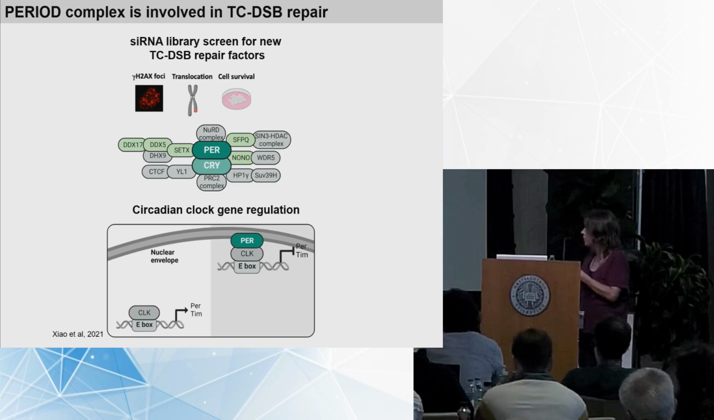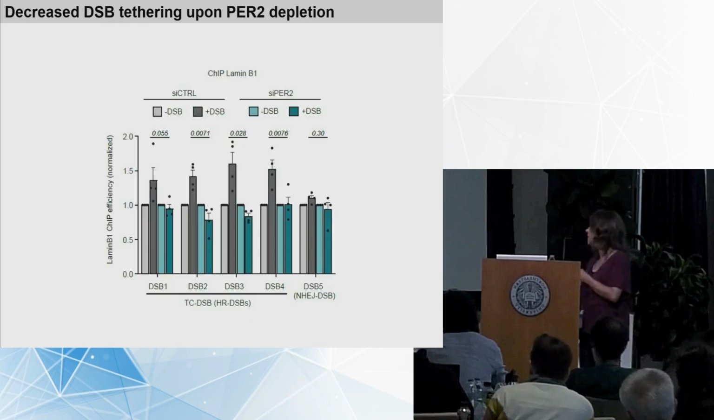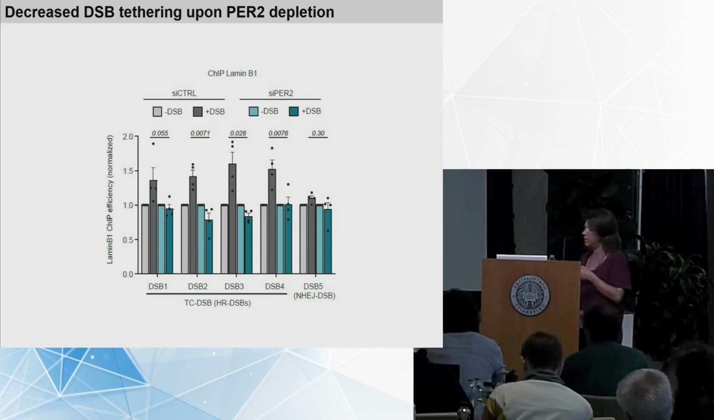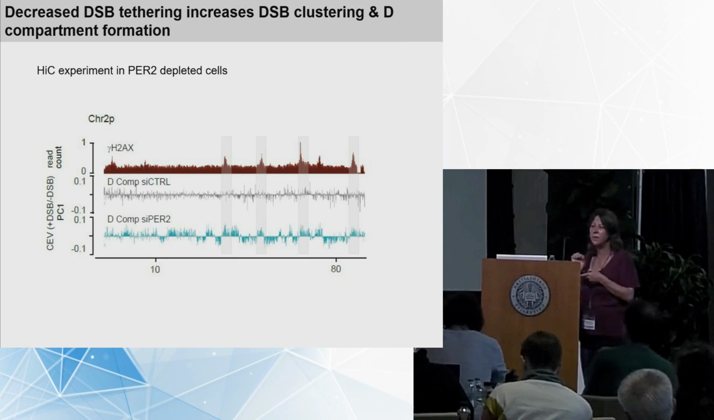So, of course, we wondered whether that complex wouldn't be involved also in targeting the DSBs to the nuclear envelope. And indeed, it is the case. So we performed a ChIP against lamin B1 upon depletion of this PER protein. We have plenty of other things, but I want to show you that. So when you deplete PER2, then you don't see the accumulation of lamin B at DNA double-strand breaks. Okay, and so we performed Hi-C, and we looked also at the behavior of that D compartment